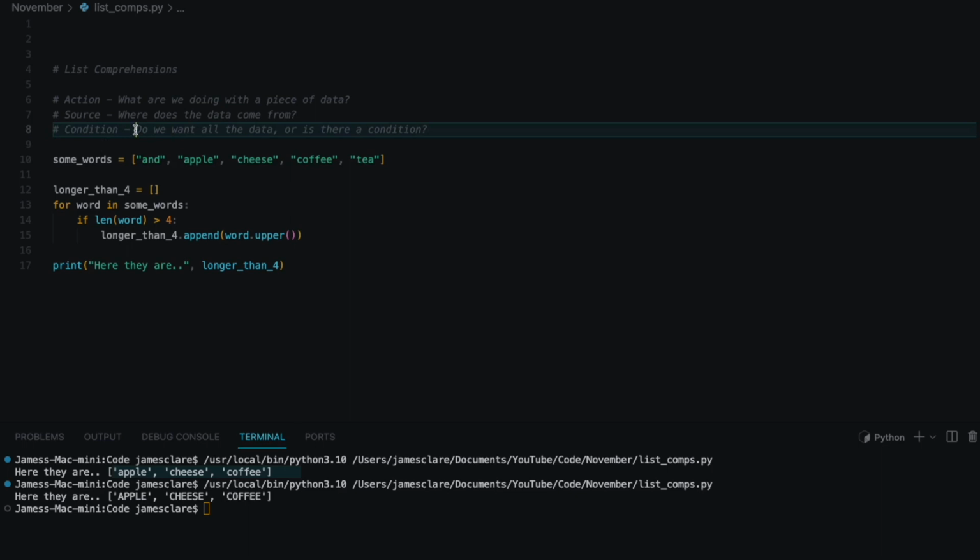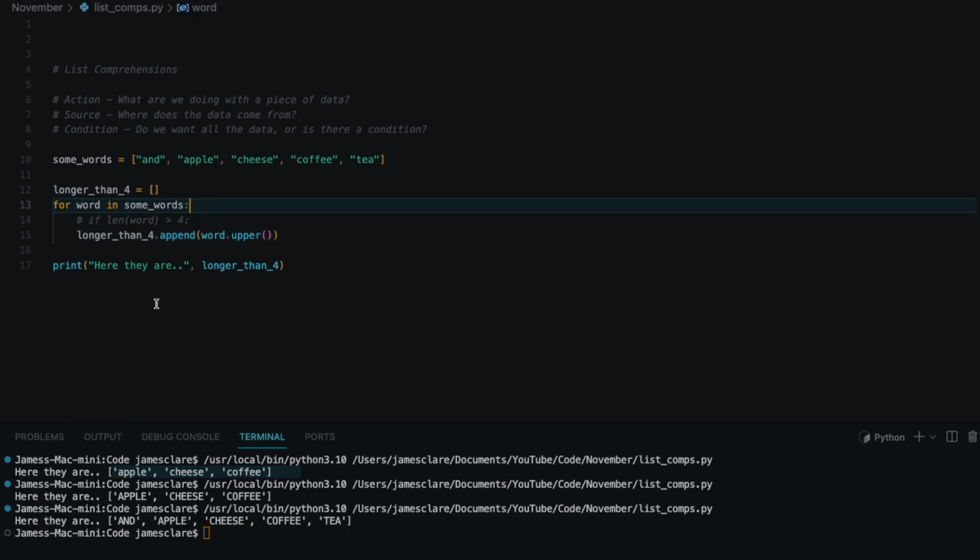And finally, a condition. Do we want all the data, or is there a condition? In this case, there is a condition. We just want length of word greater than 4. It doesn't have to be. You could do this and it's no longer than 4, but you get the idea, right? There's no condition now, so we're just doing it to all of them. And this action source condition model, you can use as the basis to form list comprehensions. So the first thing we'll do is effectively copy and paste bits of this out into our